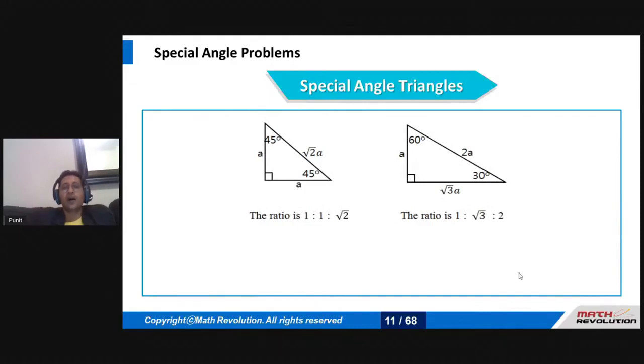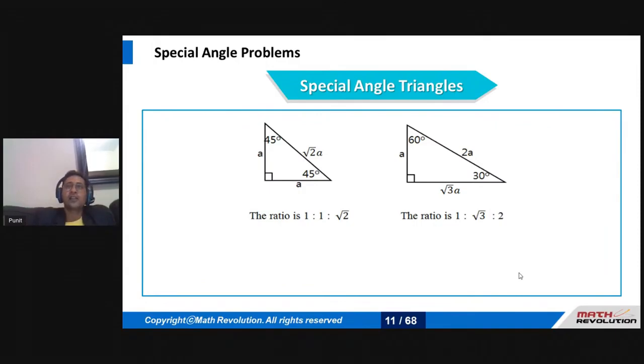So the basic logic behind the special angle problem, when we talk about 45, 45, 90: one of my angles is 90 degrees because it's a right angle triangle, so the other two are supposed to be 45, 45. That makes it an isosceles right angle triangle, so both of the sides become equal. If I suppose the perpendicular to be A, my base becomes A. So definitely my hypotenuse becomes the square root of A square plus A square, which is the square root of 2A square, that becomes A root 2. So indirectly, the ratio that I get out of here is 1 is to 1 is to root 2. This is one thing that a GMAT aspirant should always remember.